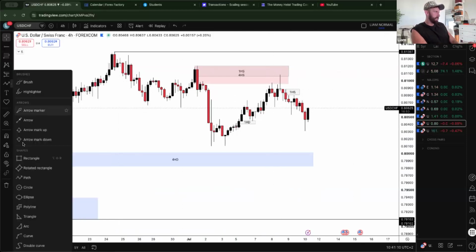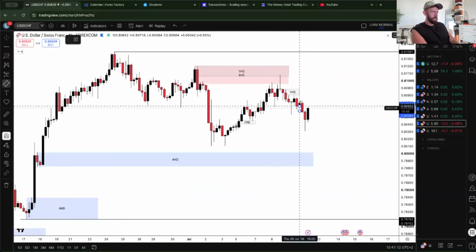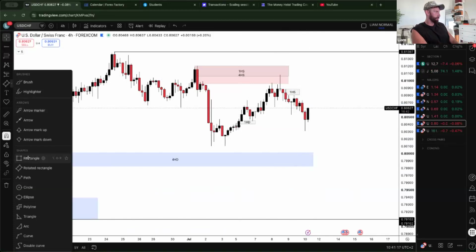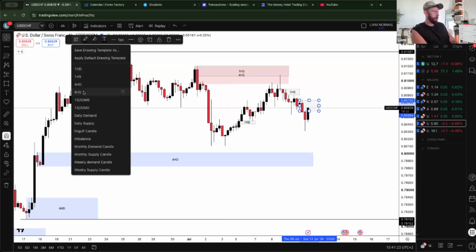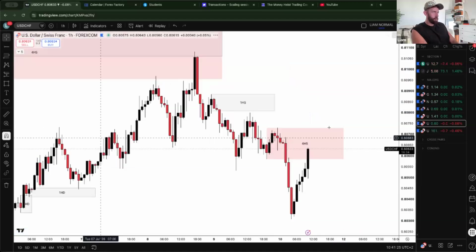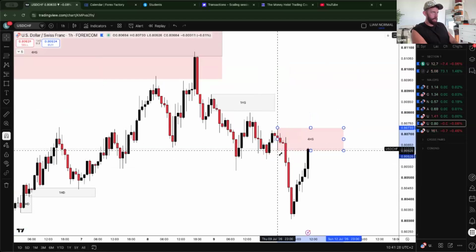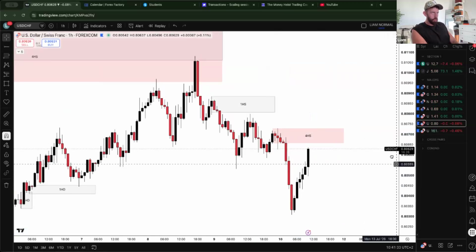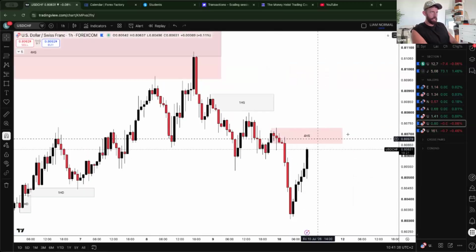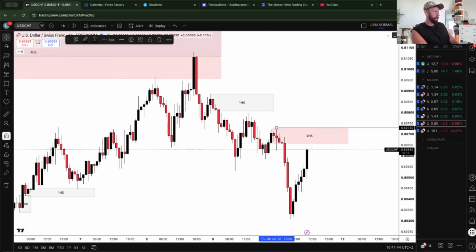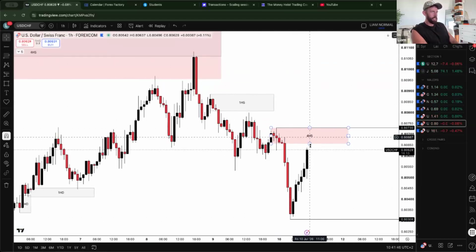Now one thing I'm just noticing is we have this area of supply on the 4 hour, which is where market currently is. If I go down to the 1 hour, can we refine that? Yep, we can refine that to where the imbalance has started. So this is pretty much similar to the dollar, as you can see. You can see the 1 hour range is here. So it's going to be interesting to see what happens when we get into this.